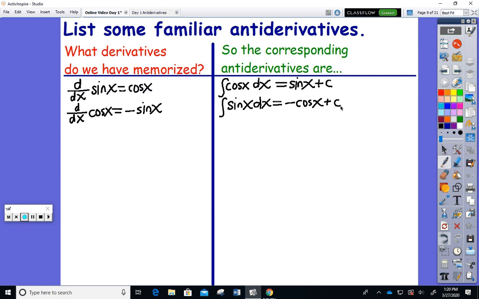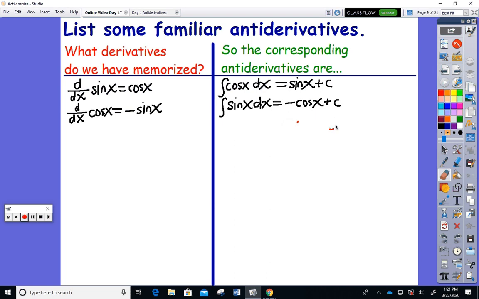So if you check what I just did, because you might go, wait a minute, you didn't put the negative where I expected you to. If I take the derivative of my answer, the derivative of negative cosine x is positive sine, because it's technically saying the negative of negative sine. And then the derivative of the c part is 0. So it does go back to the input, okay? So anyway, I just wanted to mention that because you might feel like, well, that was backward of what I thought you were going to write down. Let me erase this stuff